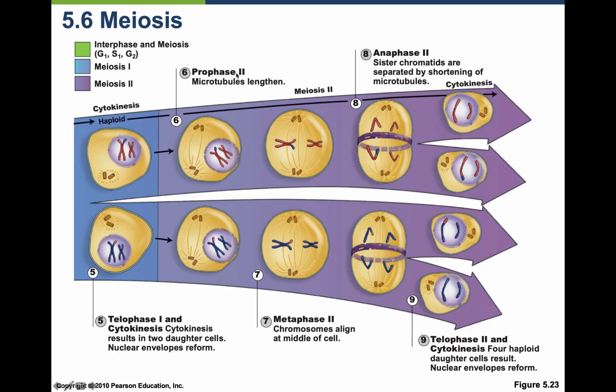Okay, and then in meiosis 2, you have prophase, metaphase, anaphase, and then telophase and cytokinesis. Okay, and you can kind of see how here at the end of meiosis 1, you have cytokinesis. At the end of meiosis 2, you have cytokinesis. So I want you to take a look at this, hit the pause button, soak this up, go back to the other slide if you need to, and just make sure you have a good feel of what's happening here.